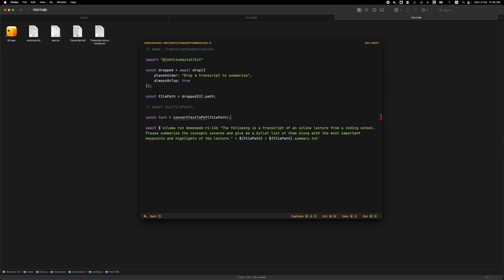So even if the file is not a text file, you can find some JavaScript library. I bet there are a ton of them. You can convert the PDF or any other file into text and then pass it on to the